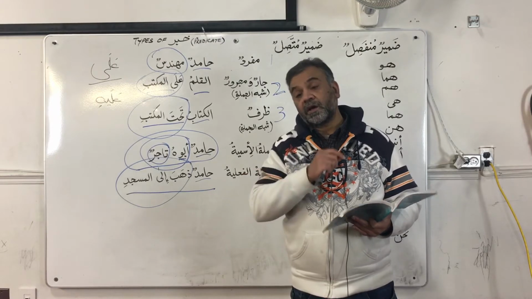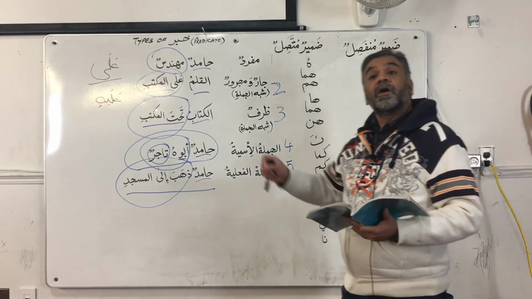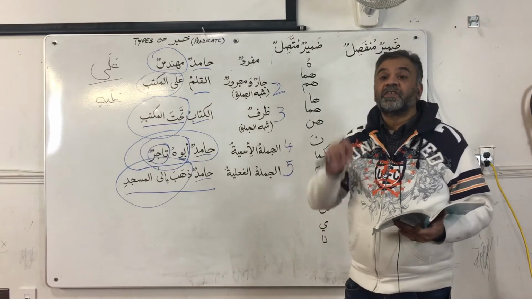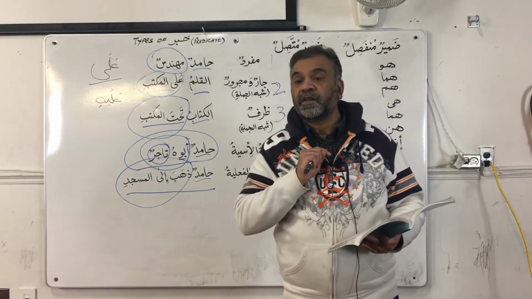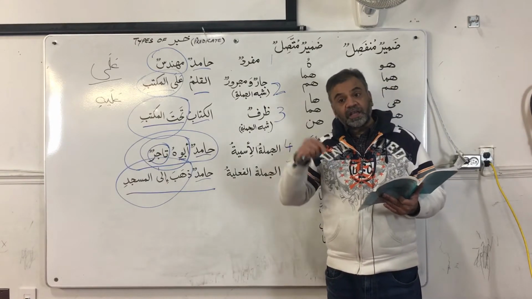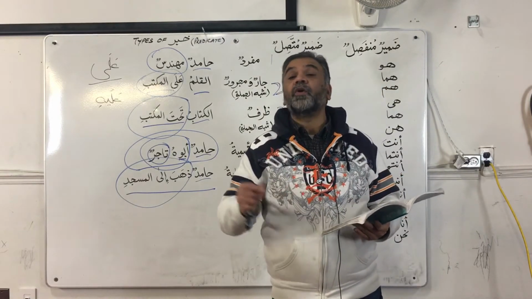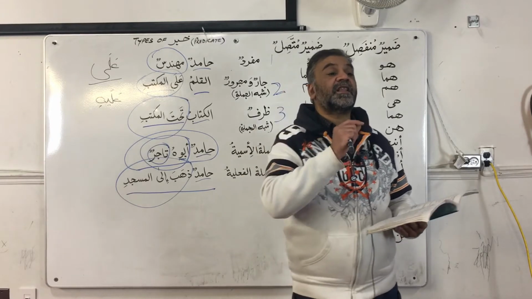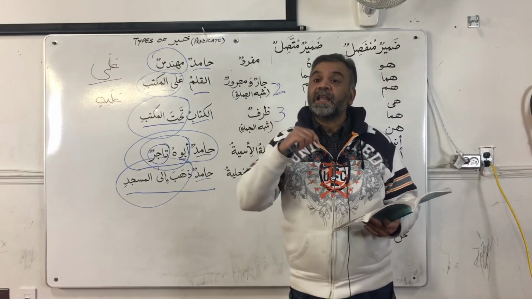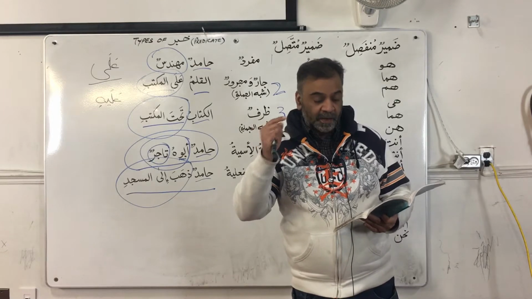Now, lughatuka, what does this ka represent? Ka is representing damirun muttasilun, right. Lughatuka, your language, second person, masculine, singular. What is your language? Then you say lughati, my language, al arabiya, al urduwiya, al inkiliziya, or faransiya, whatever your language is. Lughati, that means my language. My language is al arabiya, for example, which is Arabic.